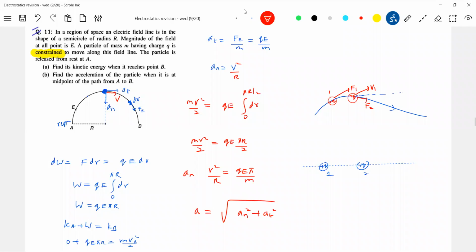So definitely some agent is needed. That agent will not do work. It will exert a force. You will see that it will move in a curved path. The electrostatic force is not responsible for the curved path. There's some action agent, and that action agent will exert force normally. So therefore, we are not bringing in work done by him.